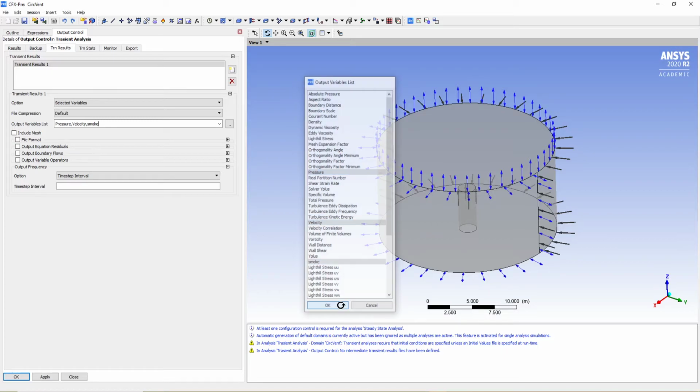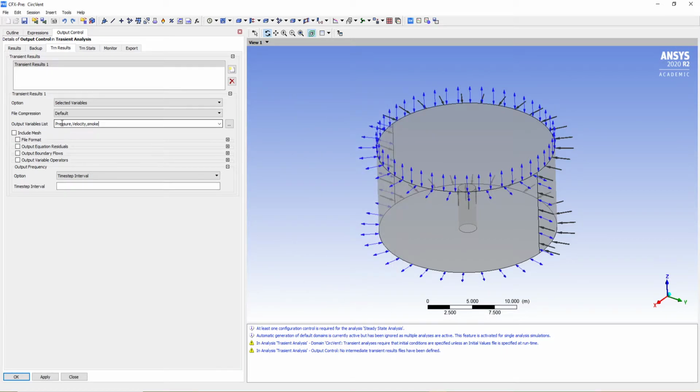Now we're gonna save only these 3 variables here, and we're gonna say that we want them saved at the first,